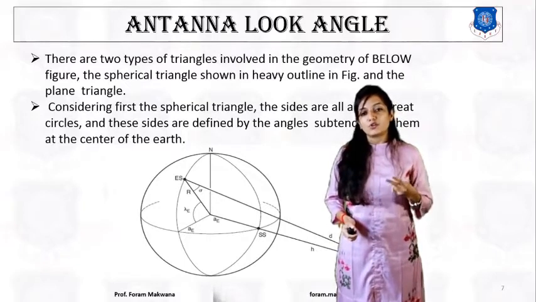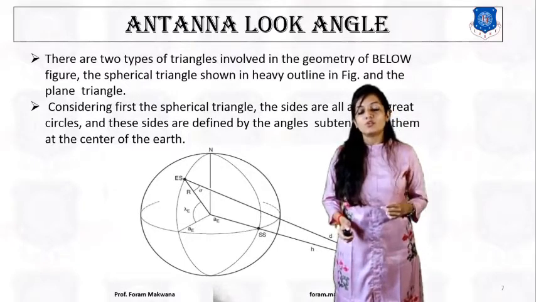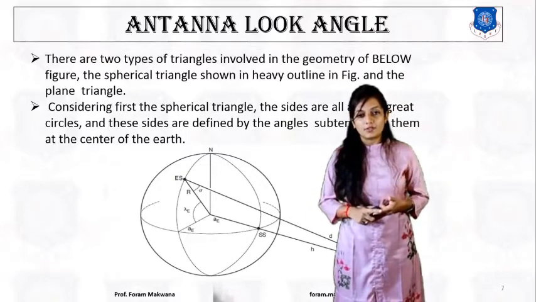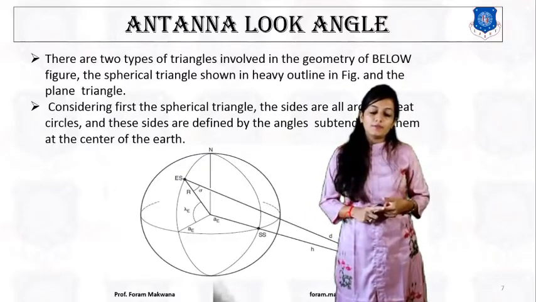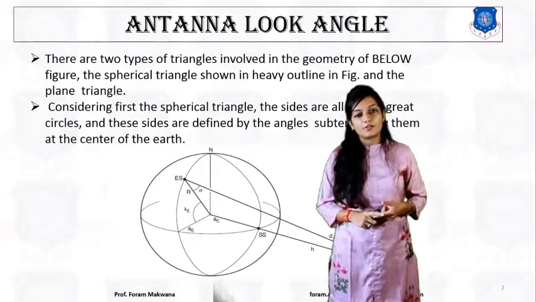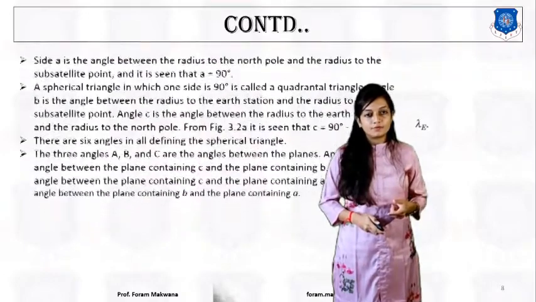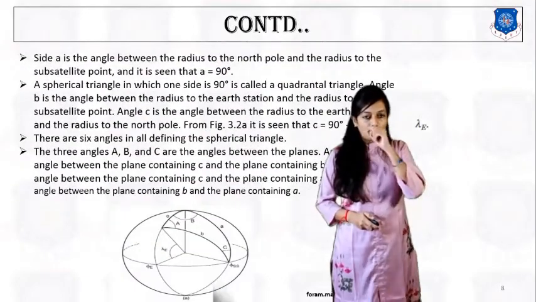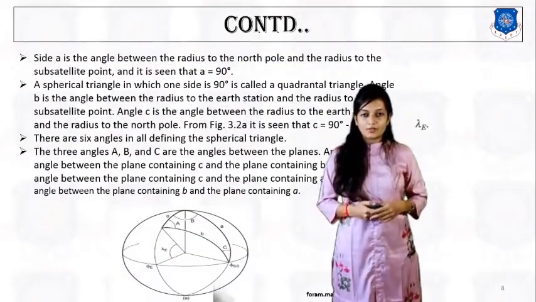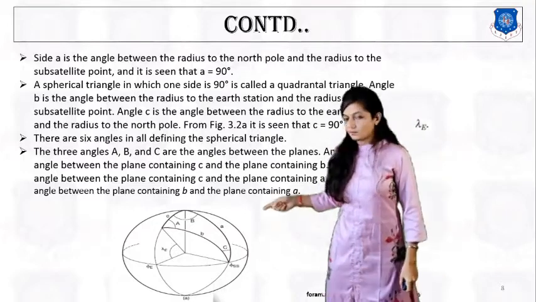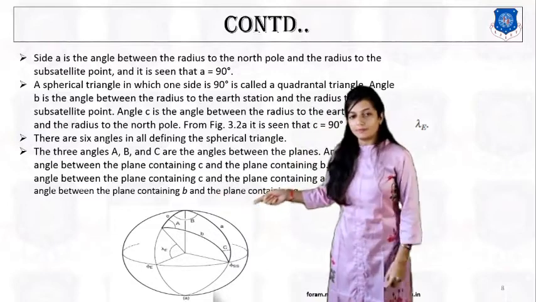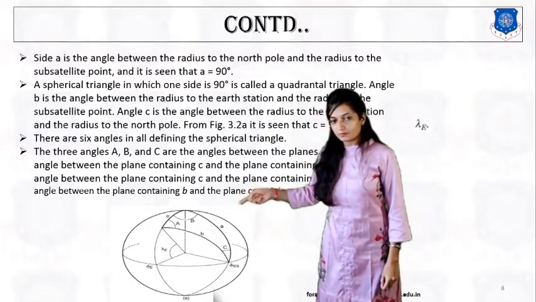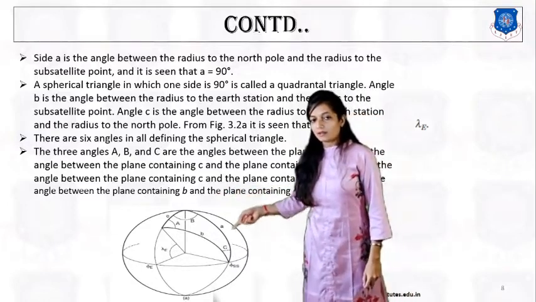For the calculation of azimuth angle, we are going to consider the spherical triangle, and for the calculation of elevation angle, we are going to consider the plane triangle. Right? Now, considering the spherical triangle, this dark arc